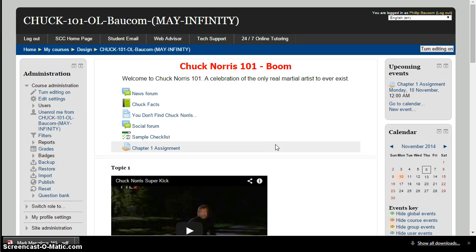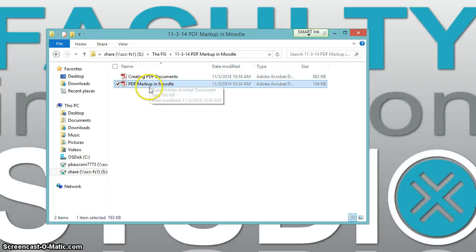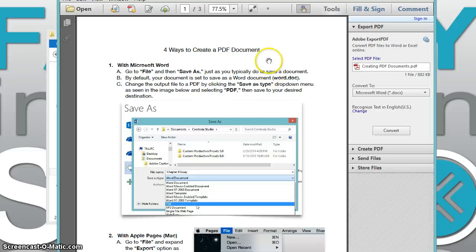The last part of, I guess maybe half the battle, is getting a student to upload their assignment in PDF format. So let's look really quickly at this document that I said I had for you in the share folder and labeled the Fizz. Creating PDF documents. I've put together four ways for students to change any document or save any document as a PDF. Okay? Again, I got to stress, if they don't upload it as a PDF,